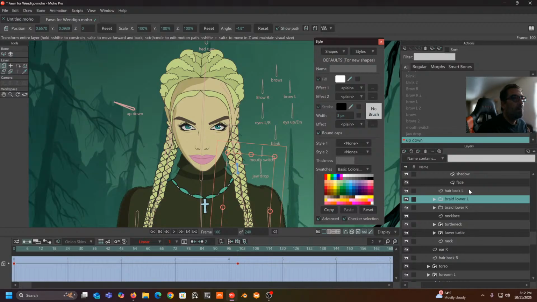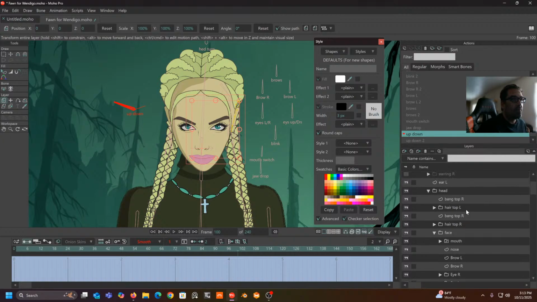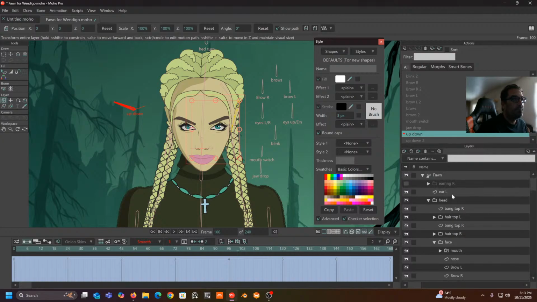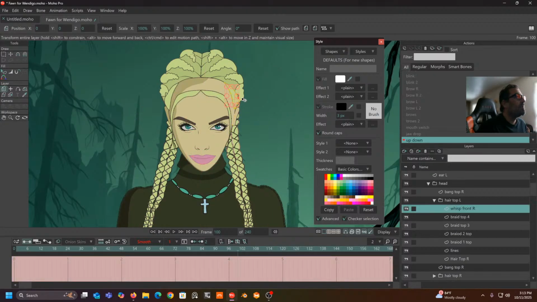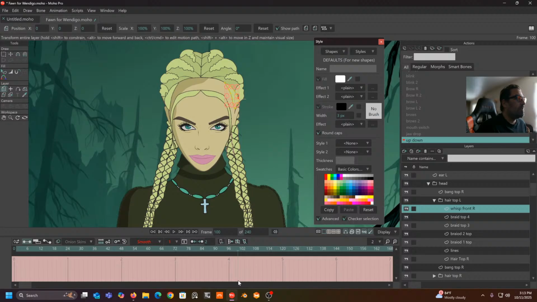All right, so now the hair, all that needs to be moving around. I'm not going to worry about that, I don't think. Let's just get with the visible hair now. Hair top, here we go. Wisp front here. This will obviously be moving straight down with that piece, so back to 100. I'm going to try and get away with mostly